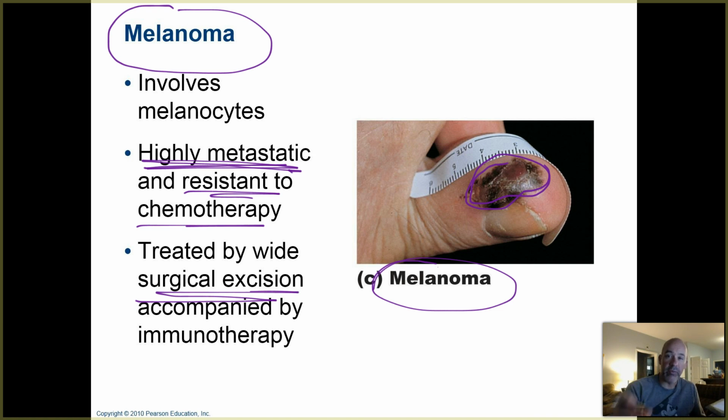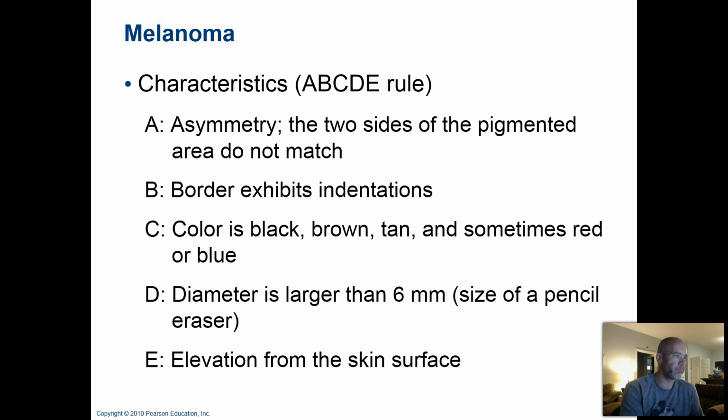Then they do biopsies where they check the tissue to see whether the cells have actually spread into deeper tissues. Has it gotten into your lymphatic vessels, your lymph nodes? Because if so, that lets you know that it is spreading to other parts of the body. Immunotherapy is a new type of treatment for some types of cancers, where they are actually trying to force your immune system to attack these tumors and kill them for you, much like they would attack and try to kill bacteria or viruses, other things invading the body.